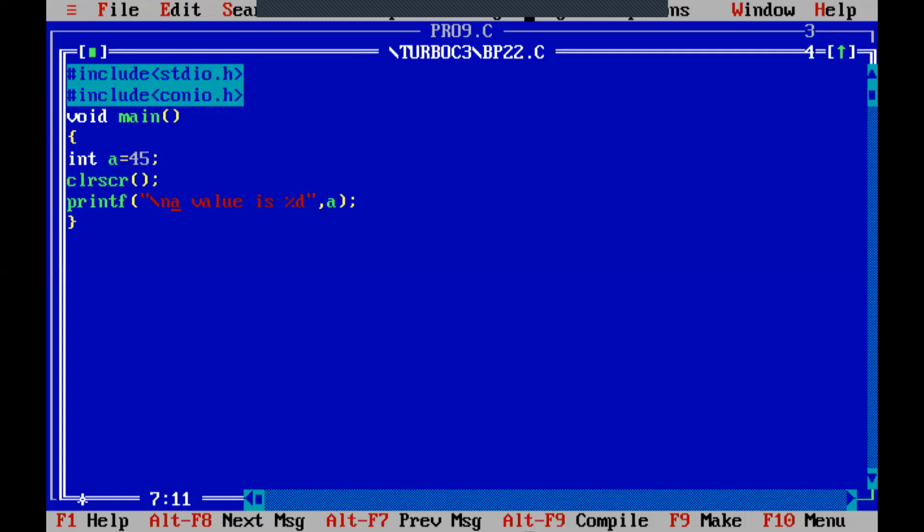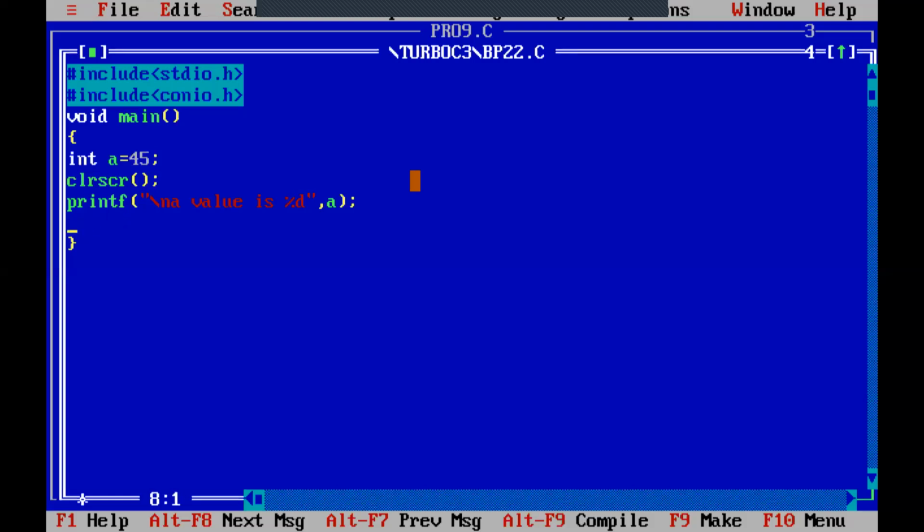What is the size of a? How to find the size of a: by using an operator called sizeof. It is also a keyword. Tomorrow I will start operators, but today I am going to display a's size.